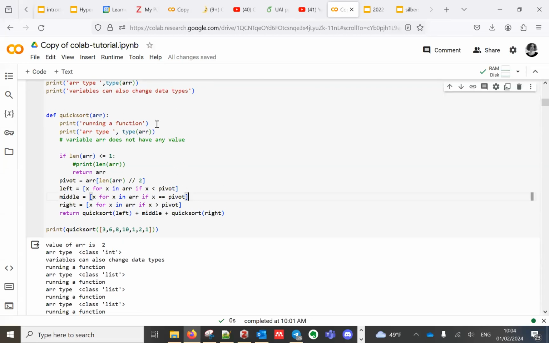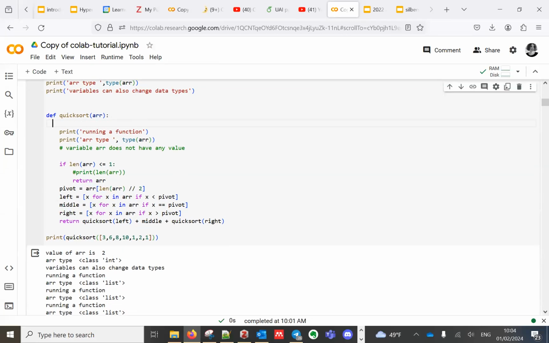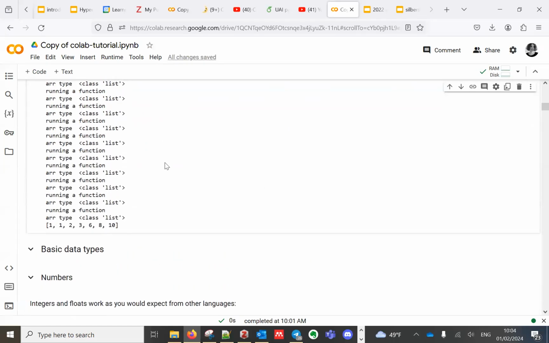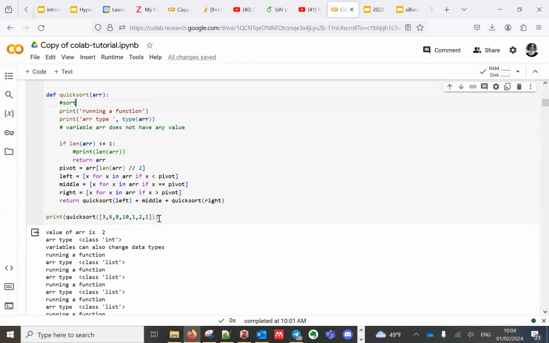For example, here, what we are doing is what they call quick sorting mechanisms. So we are quickly sorting out the array, or a list in this case. We are sorting it. So for example, initially you give an array.